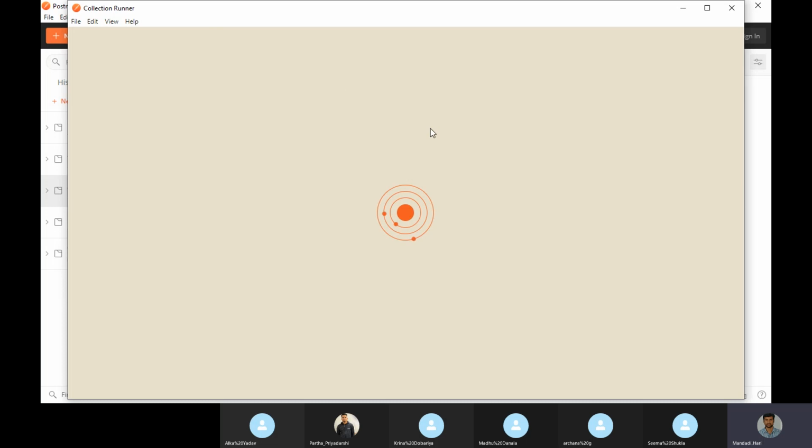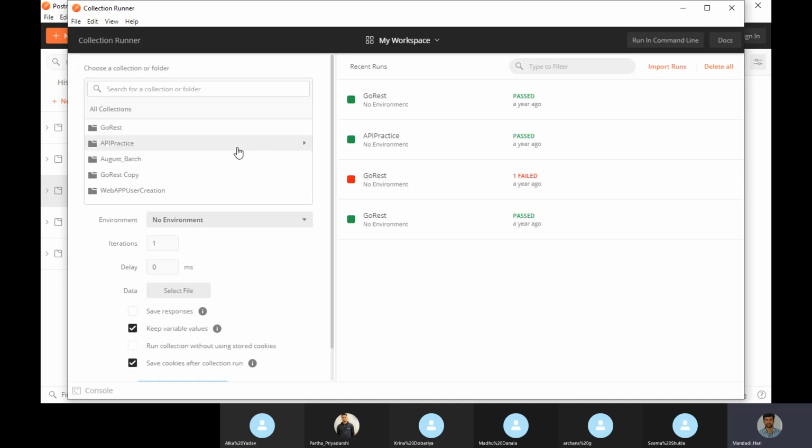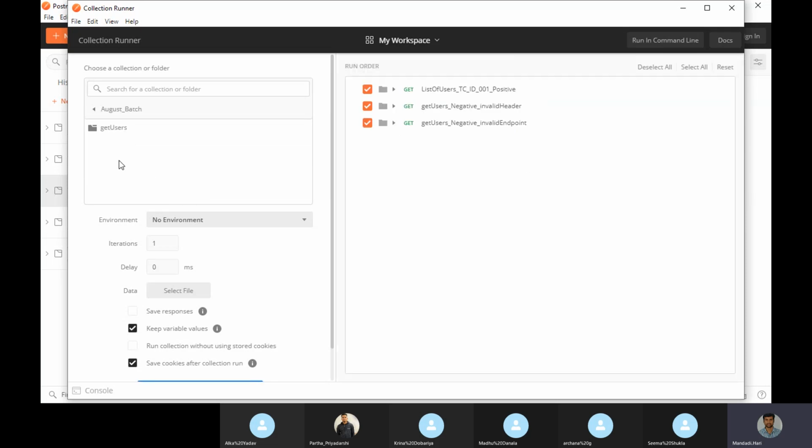This will open one more window. From here, select which folder you want to run, I mean which APIs you want to run. I want to execute August batch, so I will run this August batch first, this endpoint.